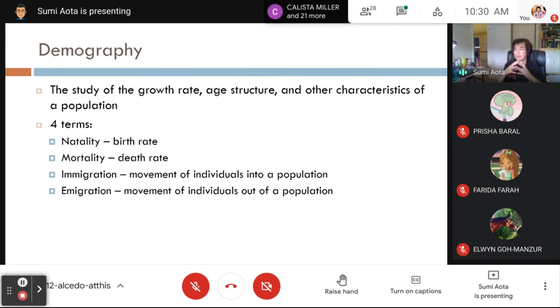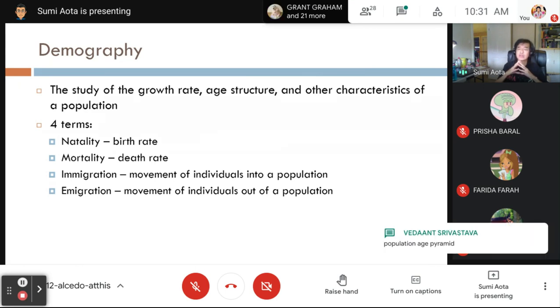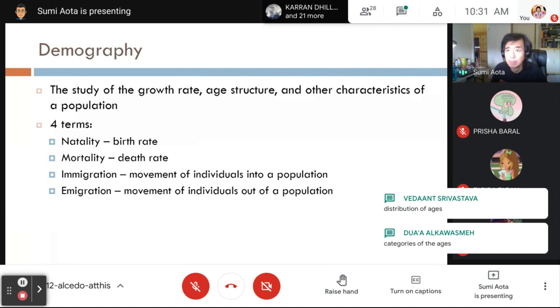So when we look at demography, we're looking at the growth rate, the age structure, and other characteristics of a population. Growth rate, I'm sure you kind of understand what it is. Is the population growing in size, declining in size, or constant in size? What's age structure? What do you think the age structure of a population is? Yeah, it's a population age pyramid. So what it would look like,